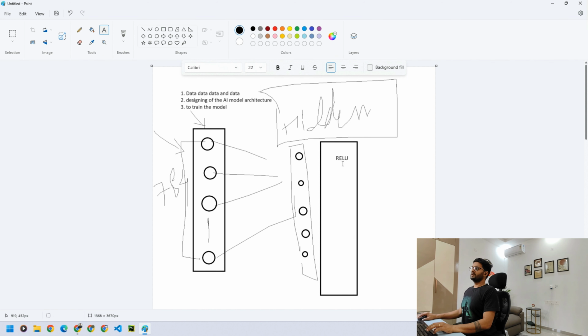What ReLU does is, ReLU is an activation function which changes the input value depending upon whether it's positive or negative. If it's positive, it keeps it as it is. If it's negative, it clips it to 0. Again, all of this has been explained in the previous video, so please go and watch it. So all of this data will go to this function,